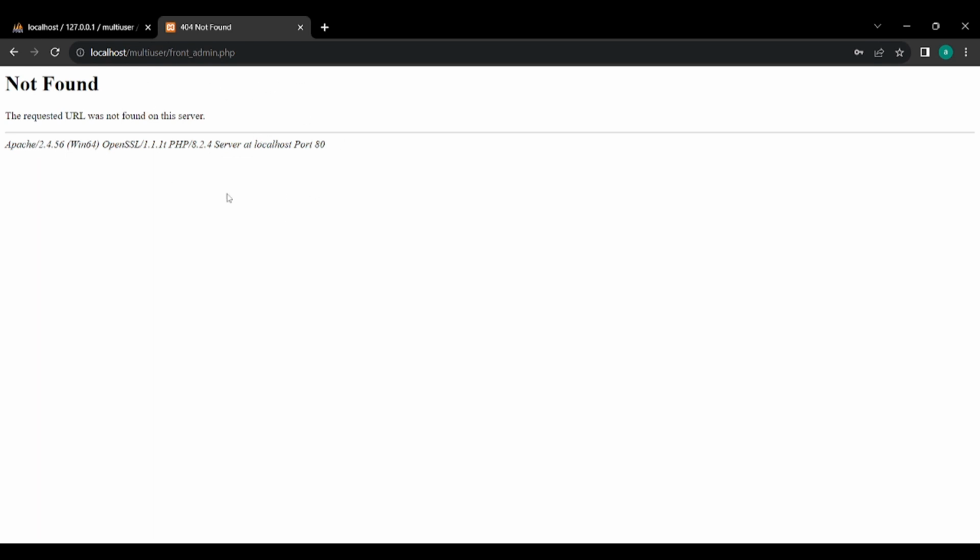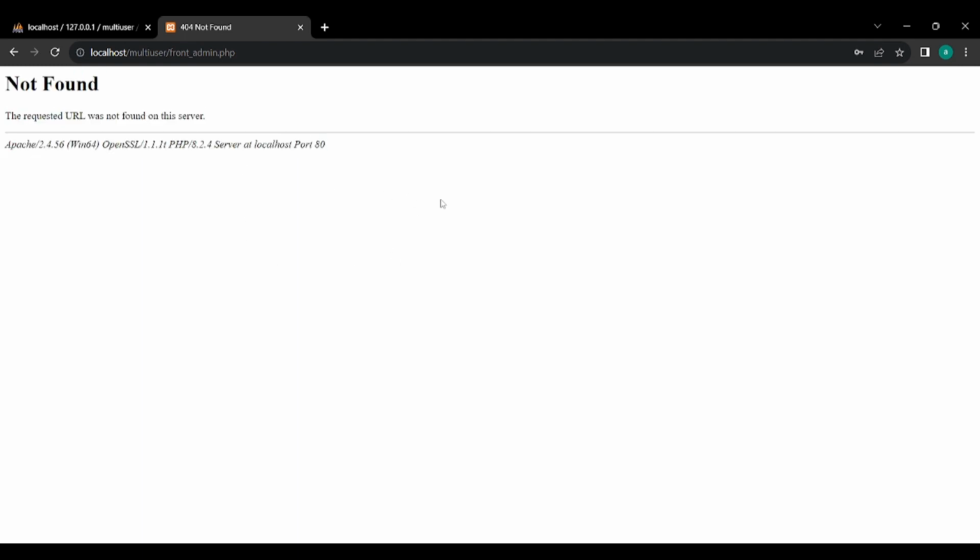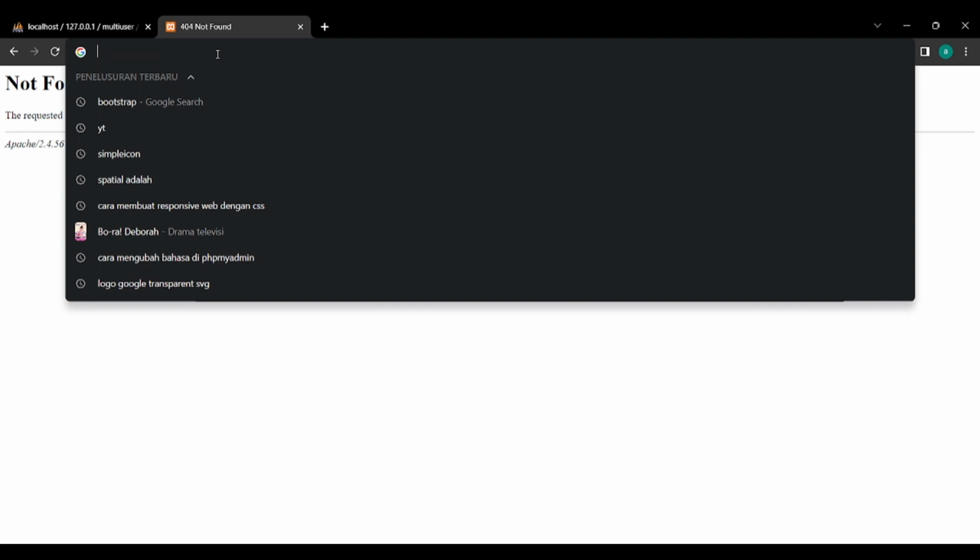We have been directed to front underscore admin.php, but because we don't have the front admin file, we see this. Actually, this is correct. Now let's make the front admin. But before that, let's try what happens if,